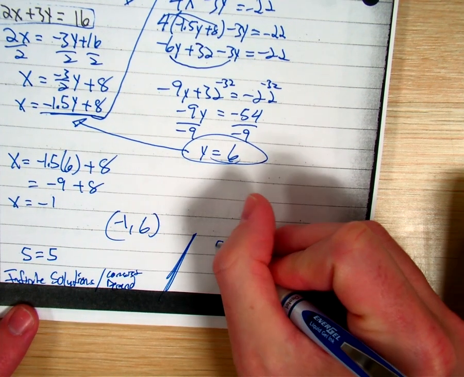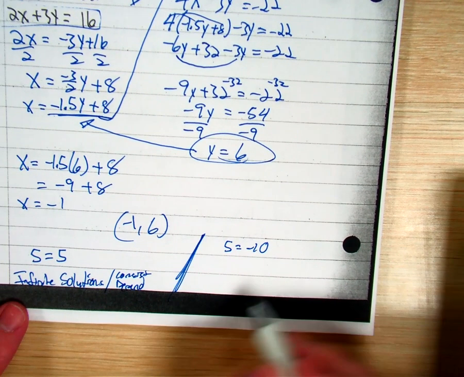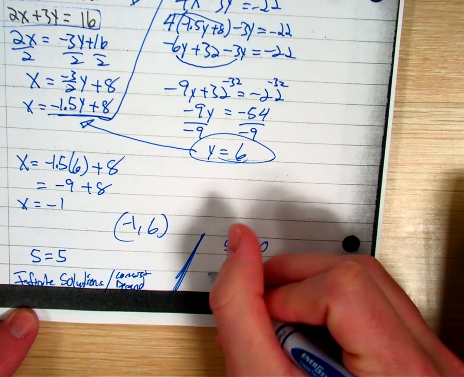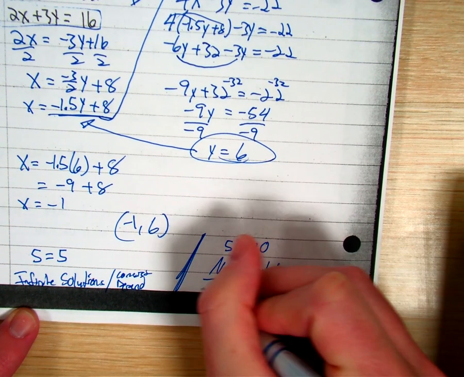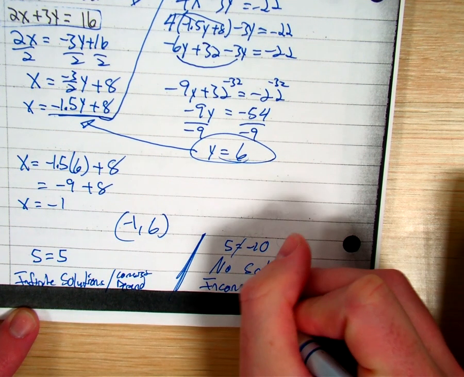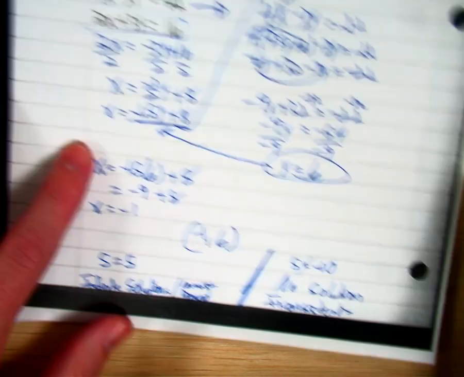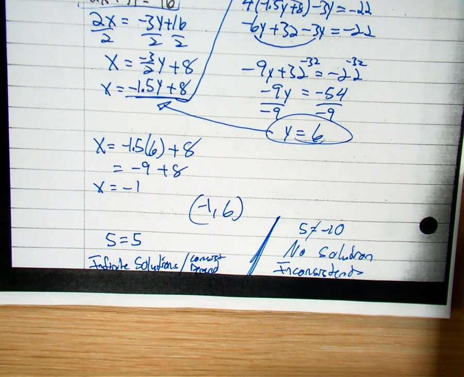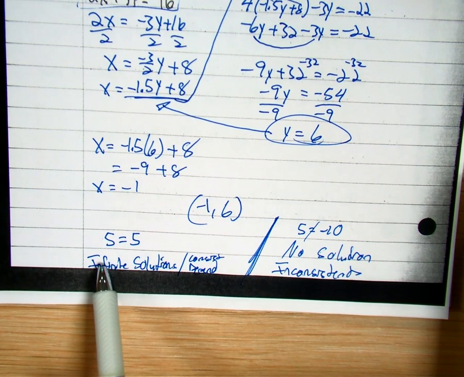Or we could get the other option of something that isn't true, right? If you get 5 equals negative 10. Okay, if everything cancels out and we get 5 equals negative 10, that's not true, obviously. 5 does not equal negative 10. That would be a no solution. Or yesterday we talked about that. It's called inconsistent. I don't think that happens as much with the substitution problems. It does have more of a chance to happen in the homework tomorrow with the elimination, but just in case,